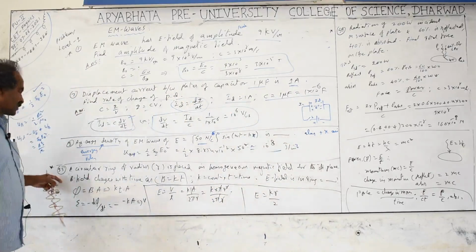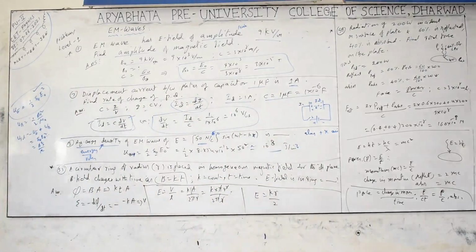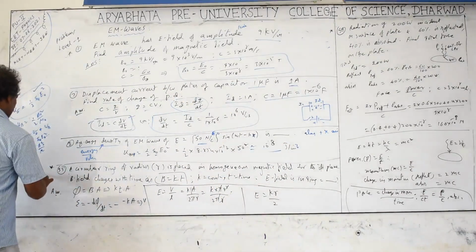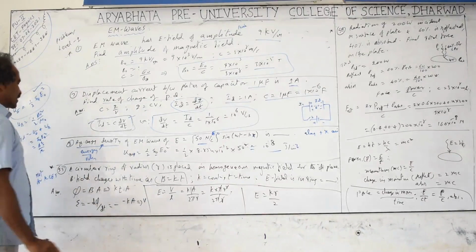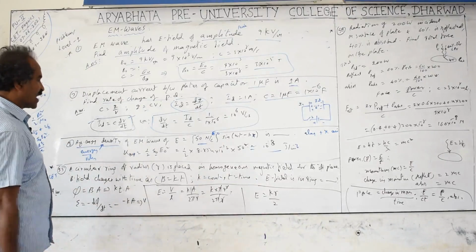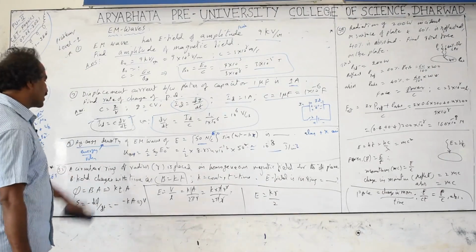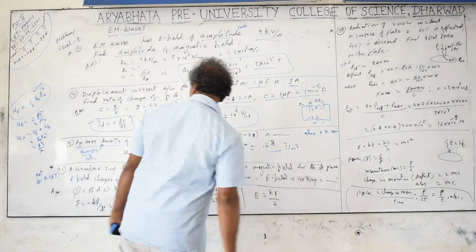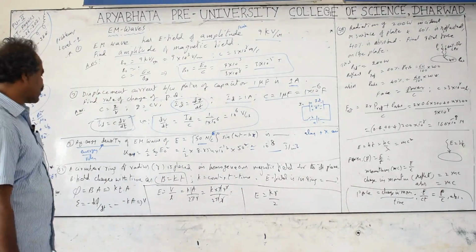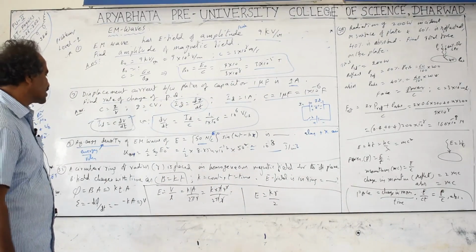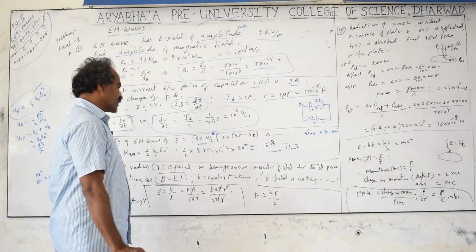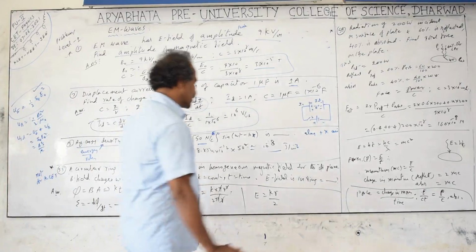Next, this 55th question is very important for NEET and JEE, generally not asked for KSET, but rarely can be asked. A circular ring of radius r is placed in a homogeneous, that is uniform, magnetic field perpendicular to the plane. The magnetic field is not constant, it changes with time as B proportional to time t, with constant k. Find the electric field produced in the ring.